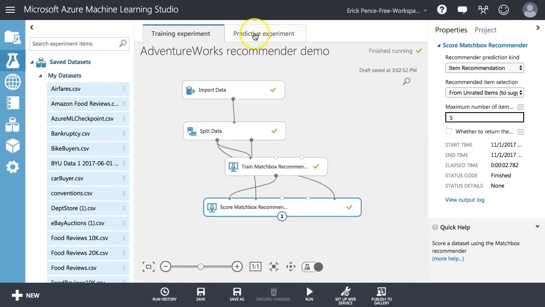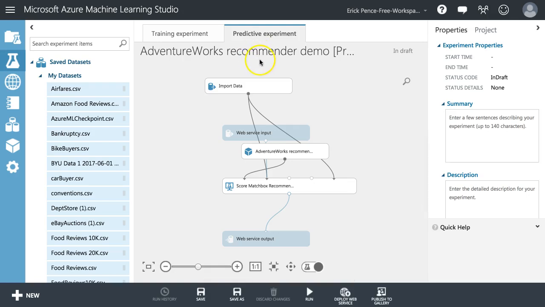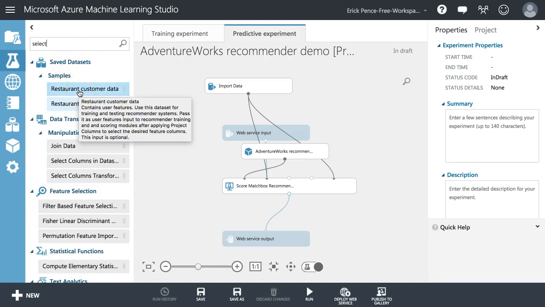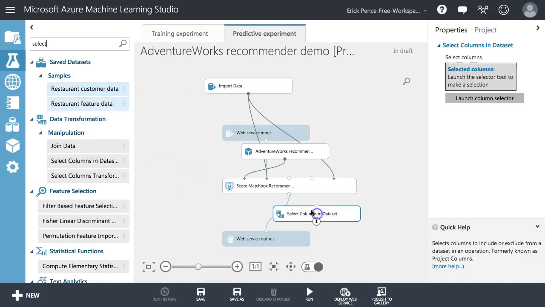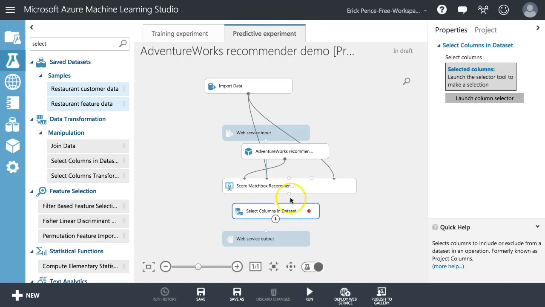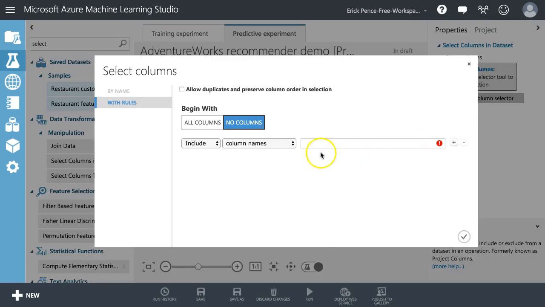So back here on predictive experiment, what I want you to do is let's do a select columns just so we can get rid of that customer ID. We don't need it anymore because we're sending them the customer ID in the first place to know which ratings to get. So there's no need for them to send it back to us. So I'm going to delete that relationship, stick this one in here, and tell it that all we want back are,